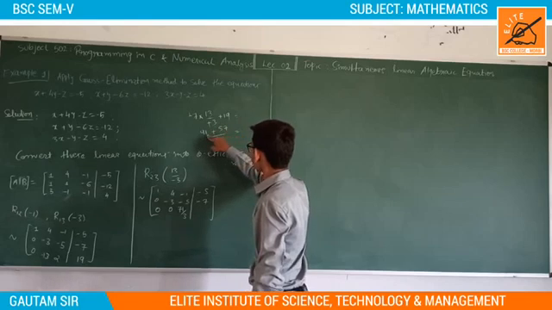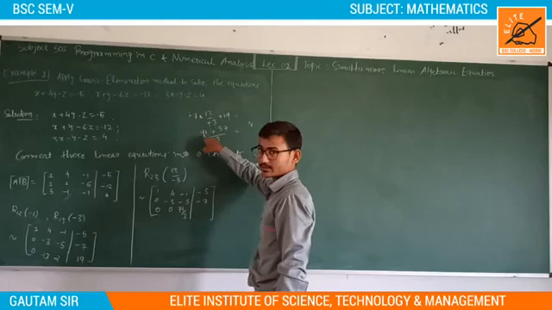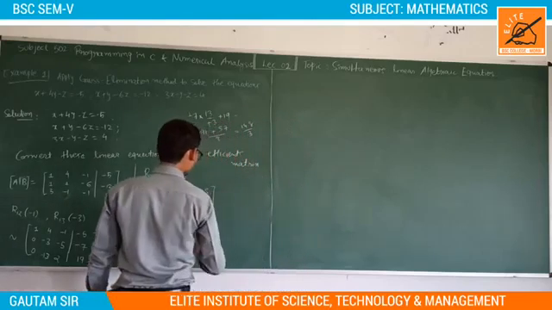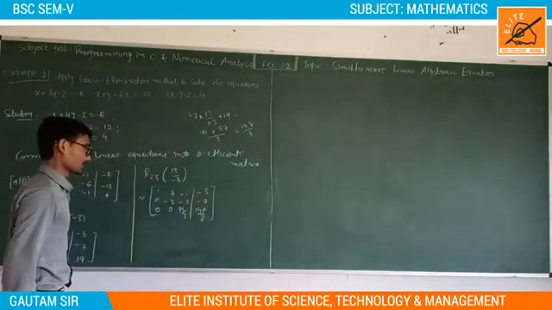That is equal to 148 divided by 3. So 148 divided by 3. Now that is